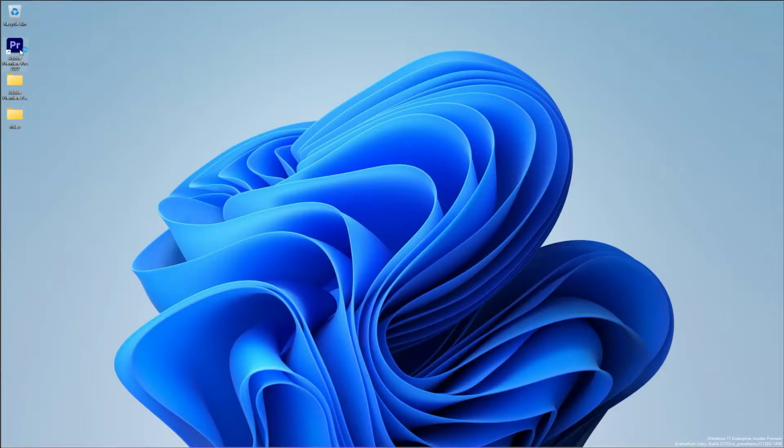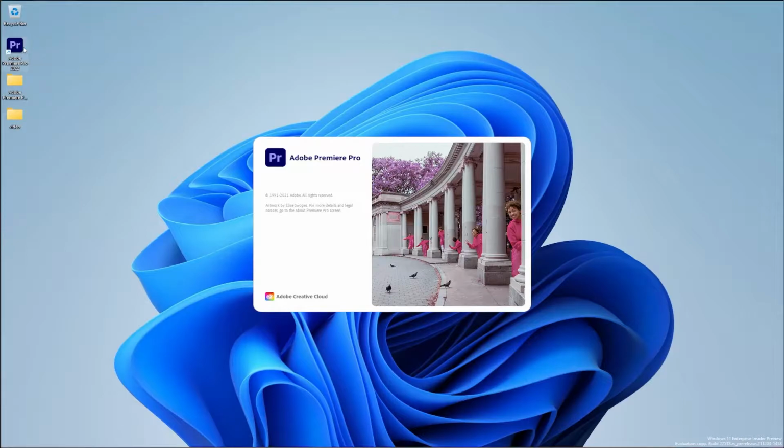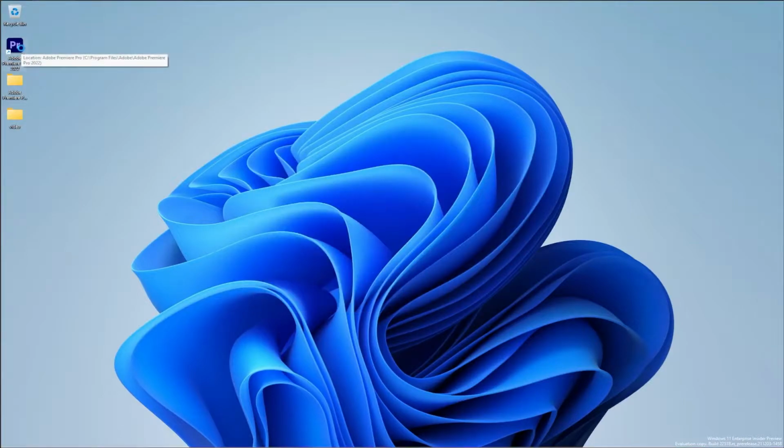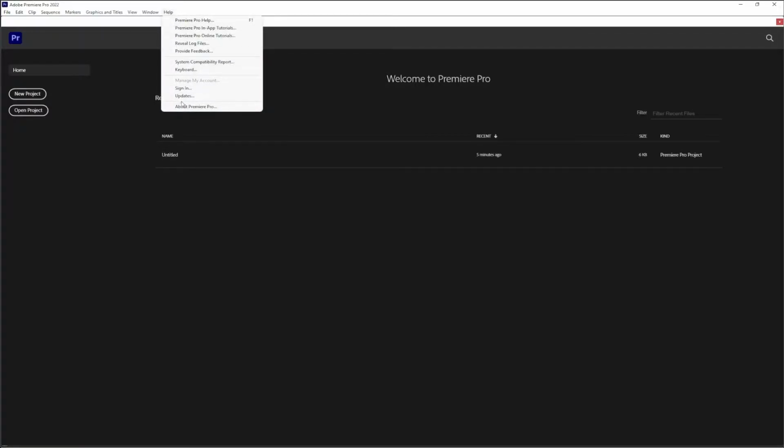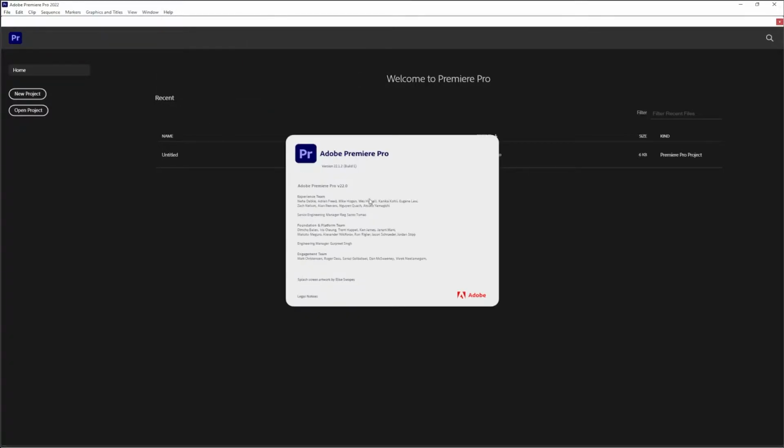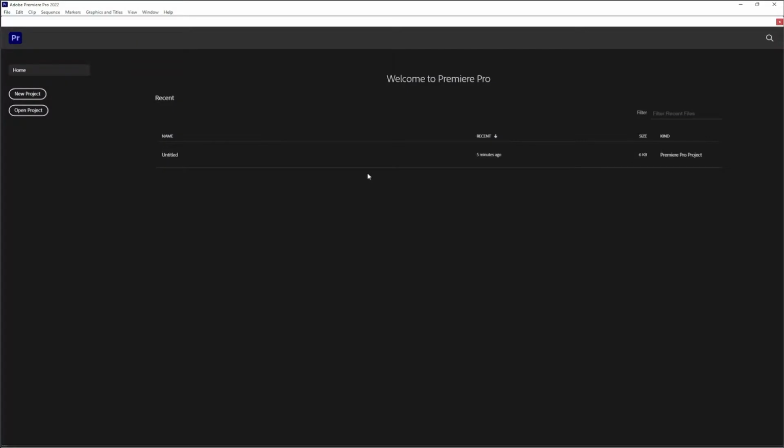Now open Adobe Premiere 2022. The window title bar shows that the currently used version is 2022. Let's look at the minor version again. Minor version number is 22.1.2, the current latest version.